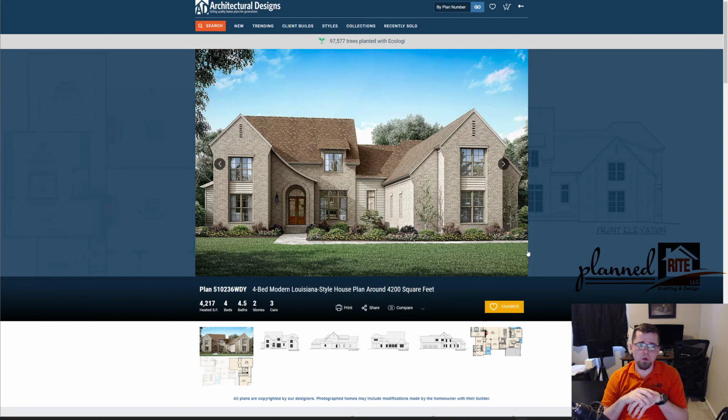So if you want this home to really make a statement and really stand out, then we'll figure out a way to make the interior work for you. But if you care more about the space in your home, the living inside your home, then we can usually get a really pretty exterior still working out. So anyways, there's just different ways to approach the design process. So when people come to us looking to have a build done,